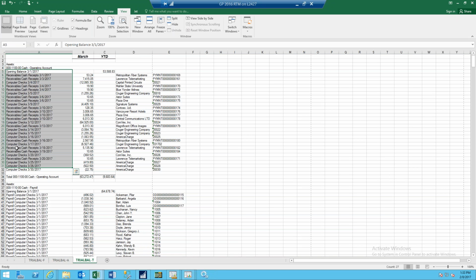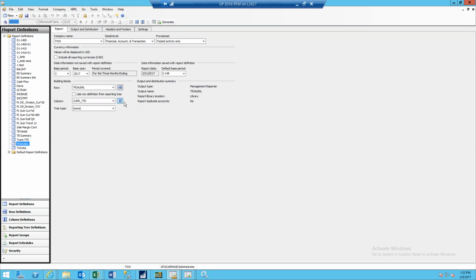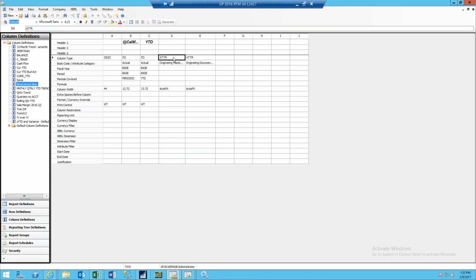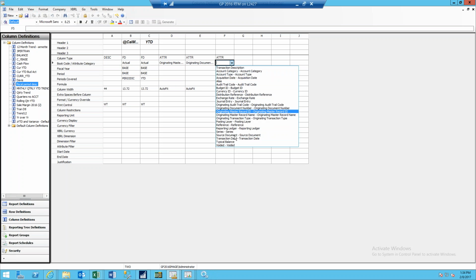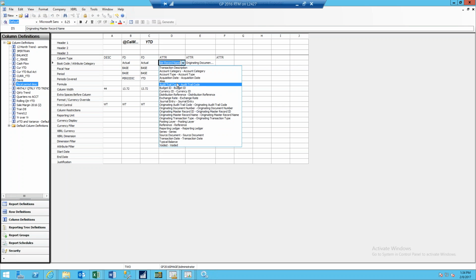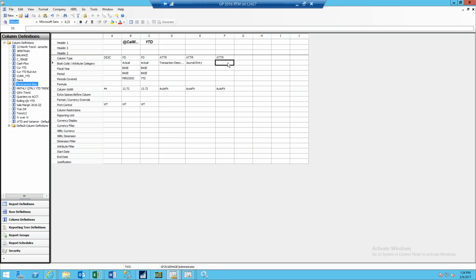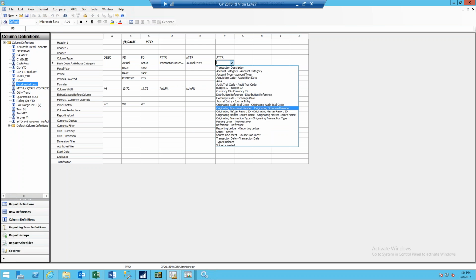Now you might be thinking, wow, that's not very pretty. It's not showing it to me like my detailed general ledger report. Well, you can control that in your columns. If you wanted to, you can create these ATTR columns that allow you to pull any of the transaction items, or the attributes of a journal entry. So you can put whatever attributes you want going across the page and put them in whatever order. So if you wanted to have, let's say, the transaction description, and then maybe you want the journal entry, and then maybe you want the